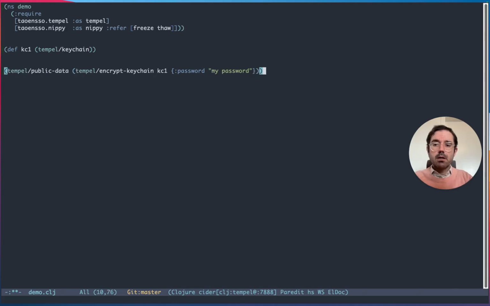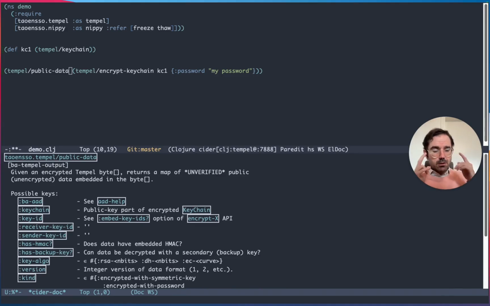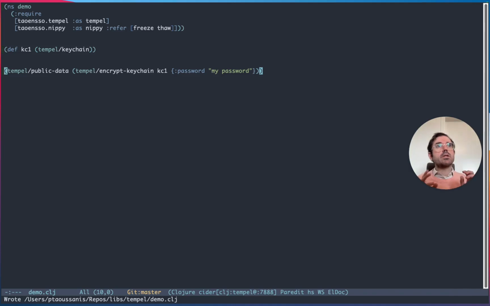Tempel/public-data. We can pass it to this public data function. And again, it's documented. The public data function can be used against any encrypted payloads in Tempel, and it will tell you things like the algorithm, any particular key names that were used, schema information, and when looking at keychains, it will give you a public part of the keychain. So let me describe a common